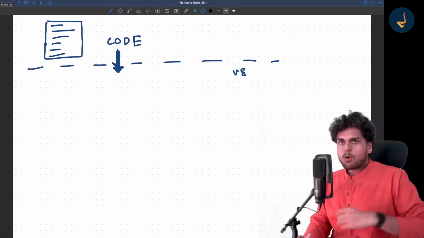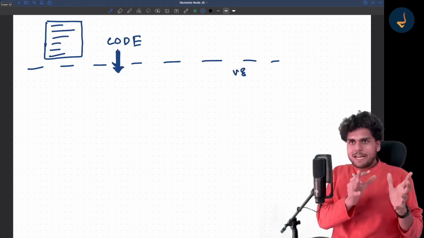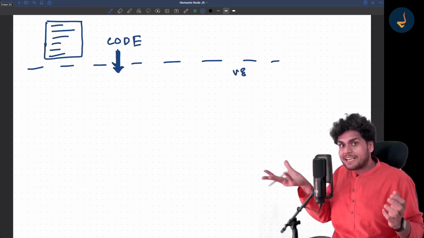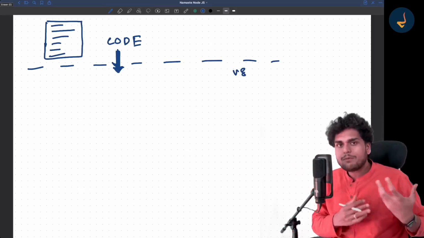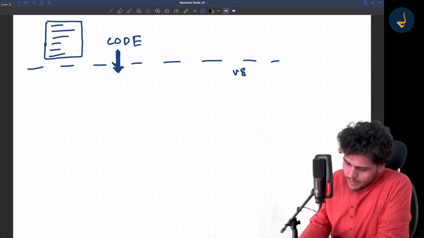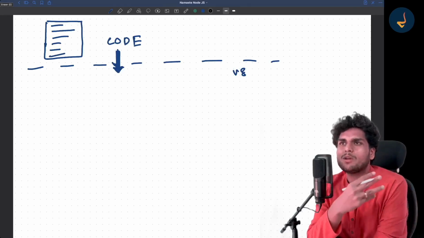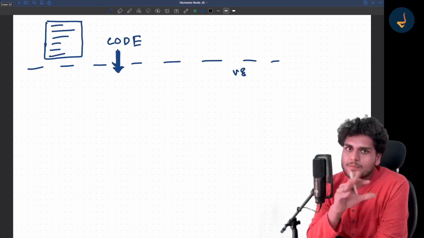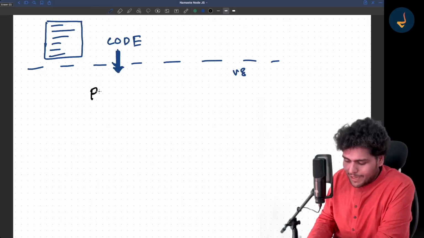So what happens is you give it a code and you get the result out of it. That code is basically executed. So what happens in between? I'll just show it to you in the form of diagrams. So there are several stages. I can call it stages, or I can call it steps, that happen when you give your code to the V8 engine. So the first step or the first stage is known as parsing.